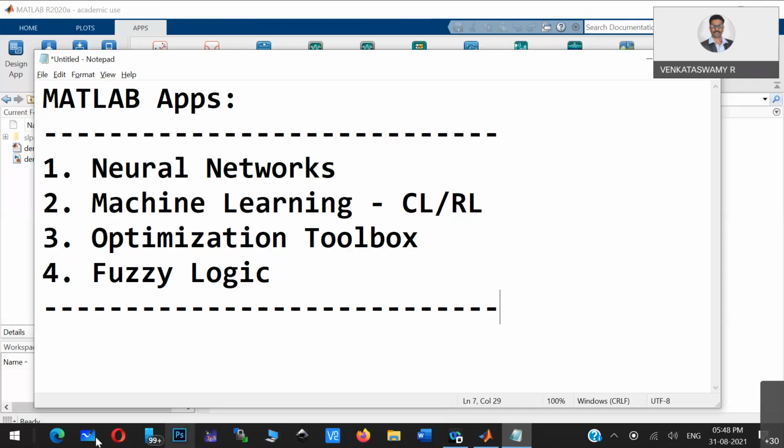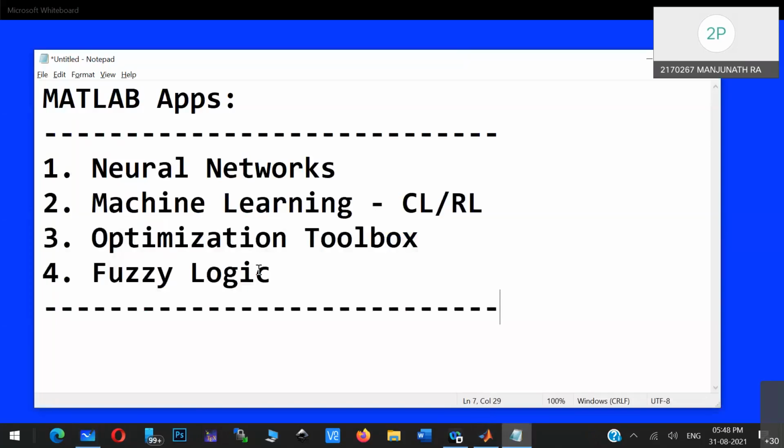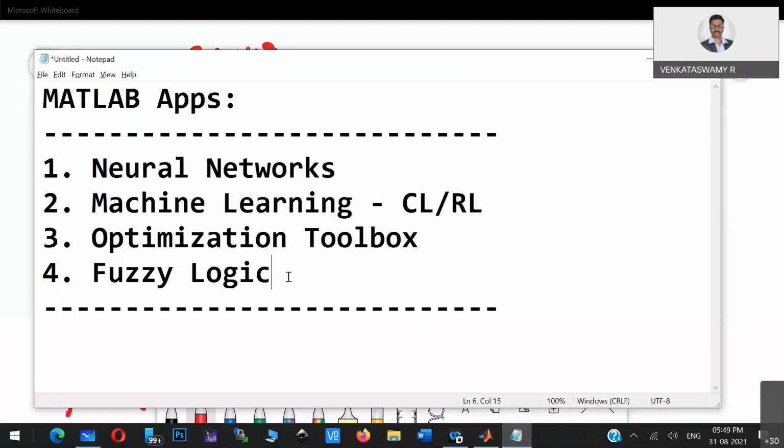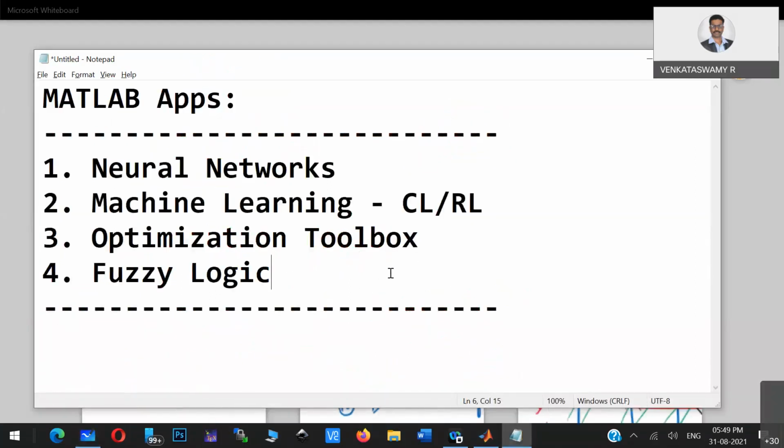Sir, if the time is there, then we can go for some deep learning techniques. Deep learning techniques will take time. I think fuzzy logic itself, some CNN. So if I can, I'll try to cover it in the next class. But these four tools themselves take a lot of time. Okay, sir. Thank you, sir.